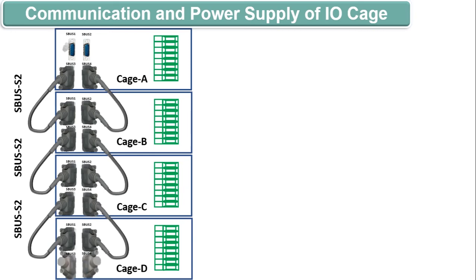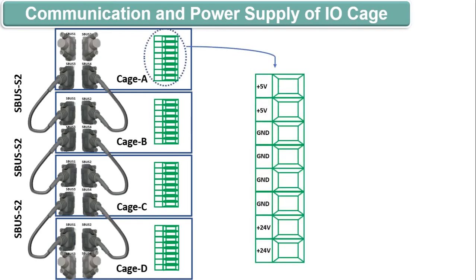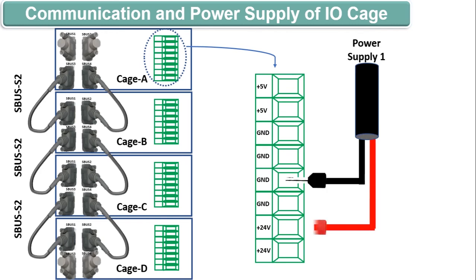At the end of last cage S-bus point and the first 2 points of first cage, we use a null DB9 connector which is used as the resistance required for the communication. Now zoom the power distribution points and see the connections. First 24 volt DC power supply is coming from the power supply 1 and it terminates on 24 volt and ground reference point, as you are seeing in this animation.